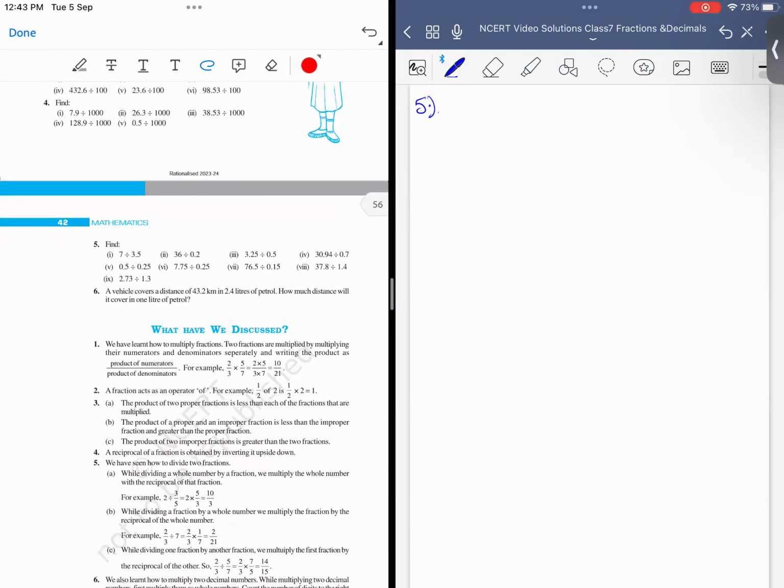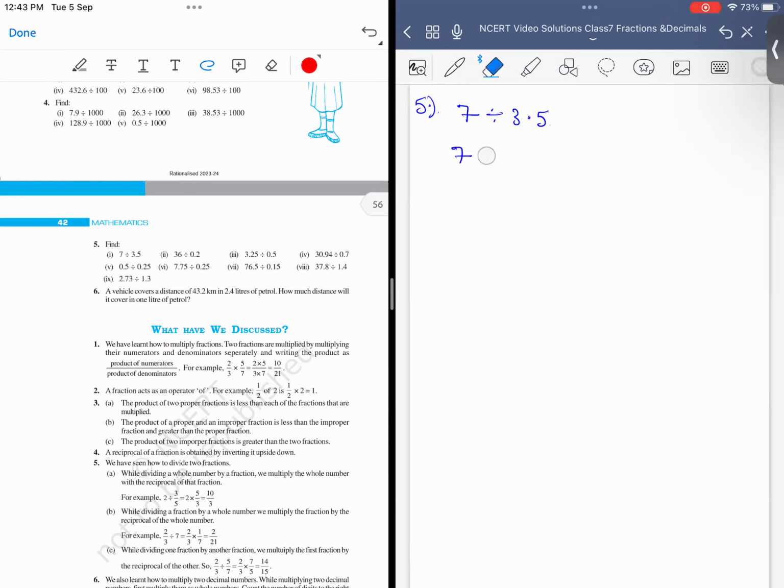Now here a whole number is being divided by a decimal. Let's see how. The first question, 7 divided by 3.5. Now here you have two methods. Either what you can do is that first you